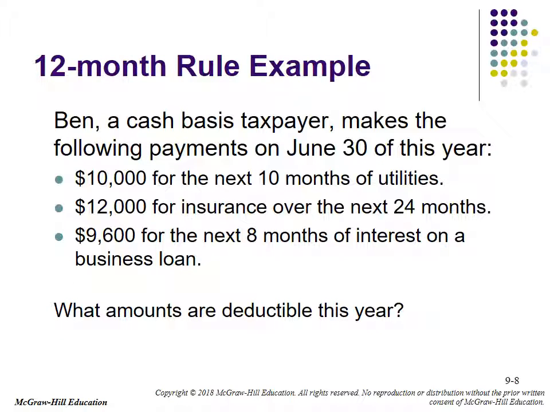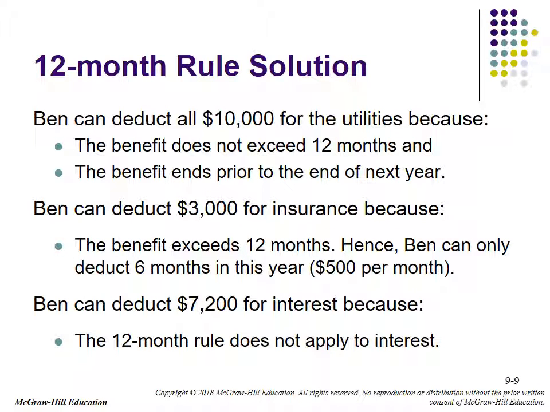Ben is a cash basis taxpayer, makes the following payments on June 30th of this year. $10,000 for the next 10 months of utilities. $12,000 for insurance over the next 24 months. $9,600 for the next 8 months of interest on a business loan. So these are all prepaid expenses, which would normally be capitalized. Is it deductible? Well, Ben can deduct all $10,000 for the utilities because this benefit does not exceed 12 months